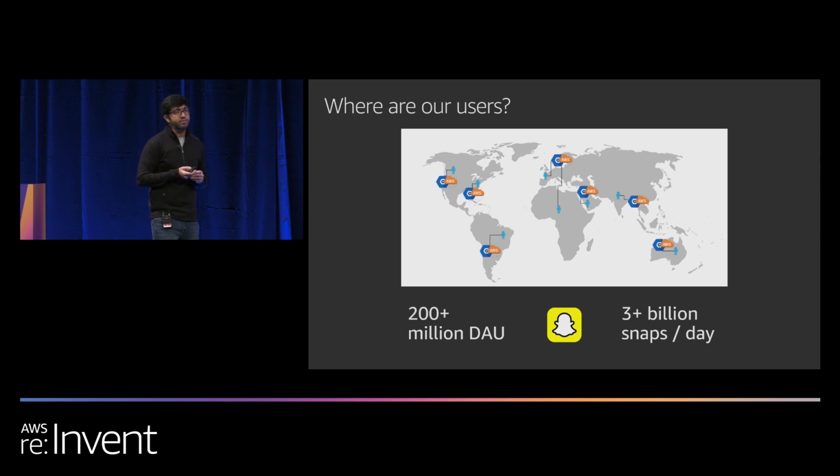and so that means we need to build our infrastructure to have a reliable and low latency experience for users all over the globe. And so for us, regionalization is not only a mechanism to deal with failure, but it also helps us boost performance for our users across the globe. So it's kind of a two-pronged strategy for us.